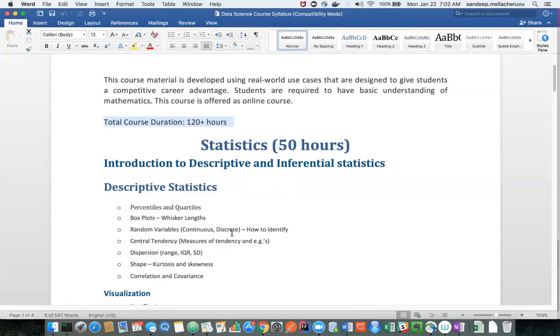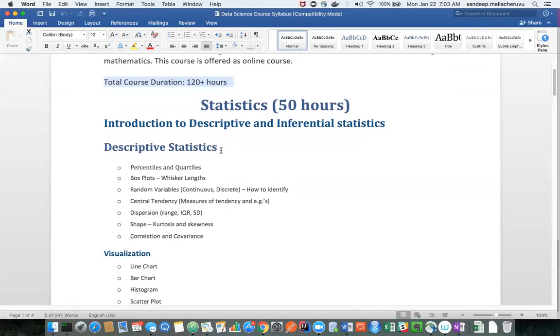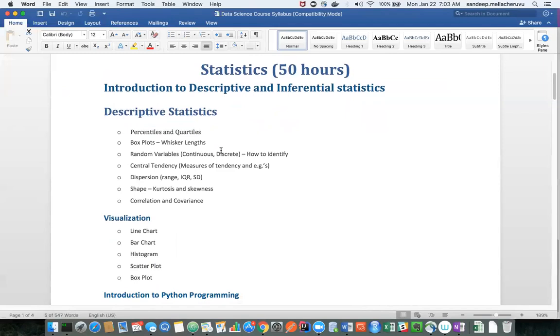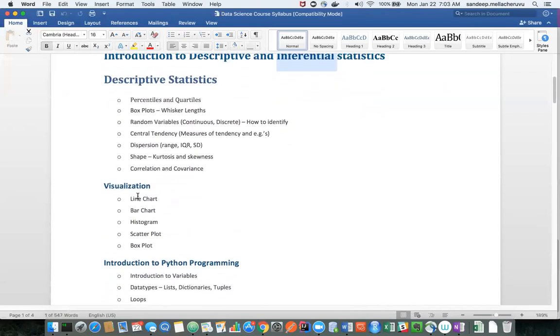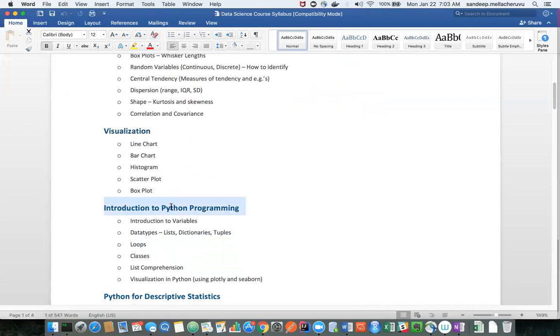So these are the statistics concepts. Statistics is divided into descriptive and inferential statistics. First, we'll be looking at descriptive statistics. Within that itself, I included some Python module where we'll be teaching how to use this in Python.